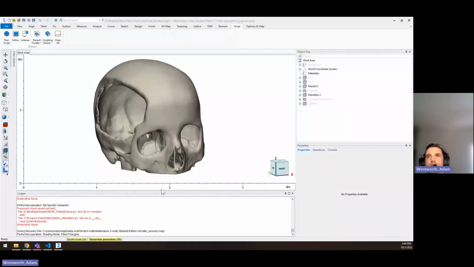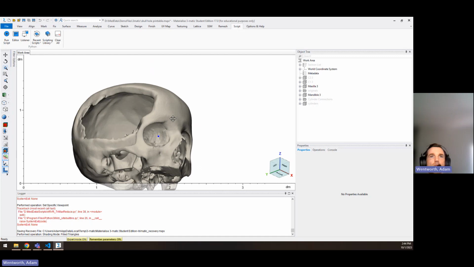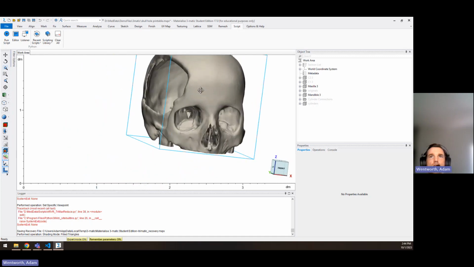To showcase an example of scripting using one of the files that we worked on previously. This is a file, a skull with a hole in it. It's a demo file from Materialise. And we segmented out the maxilla, mandible, a couple of cervical spine vertebral bodies, and the script that we're going